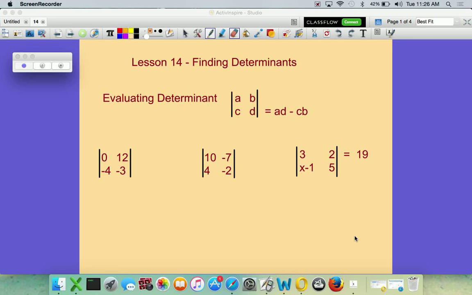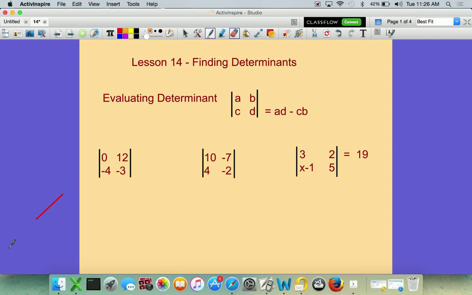Going to do lesson 14, which is called Finding the Determinants. There are different ways to evaluate a determinant. The easiest way is to do what we have here. Now, when you're finding a determinant, it kind of looks like an absolute value, kind of looks like